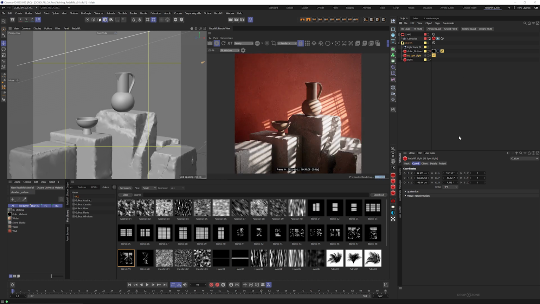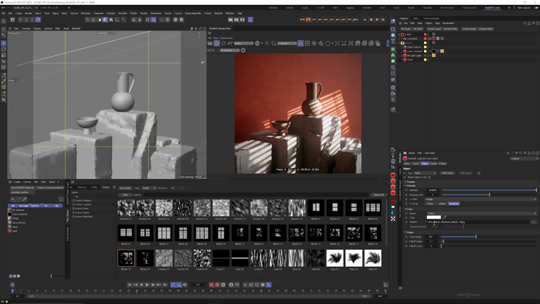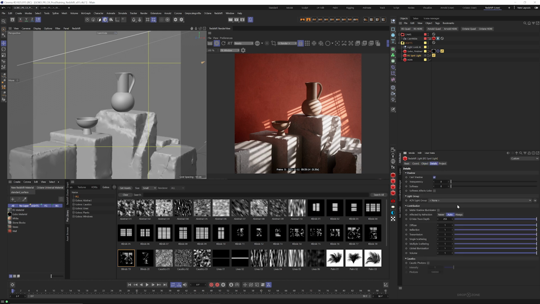So this is the most simple way to get a Gobo going in Redshift. A couple other things that you want to remember too is jumping into that objects tab in your light. You can adjust, of course, it's got all the regular controls of a spotlight, but one nifty thing, if you jump over to details, is you can actually control the softness of the Gobo based on the softness